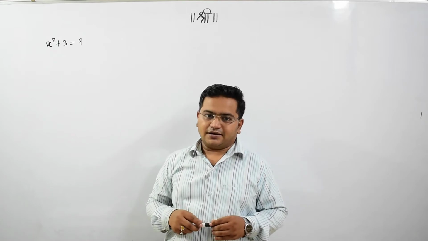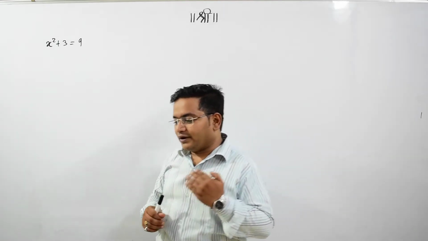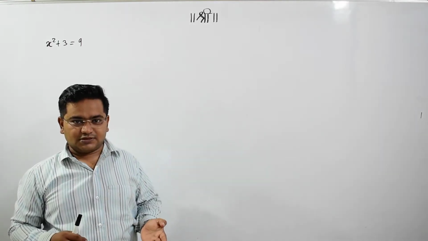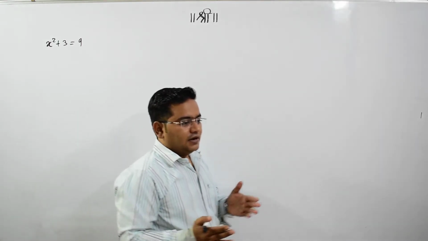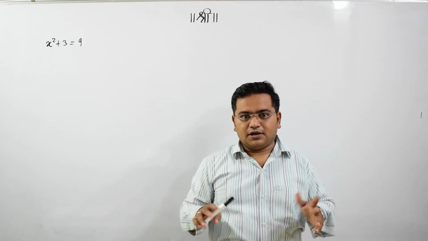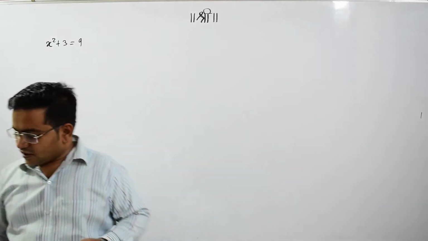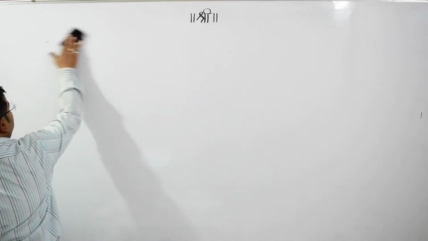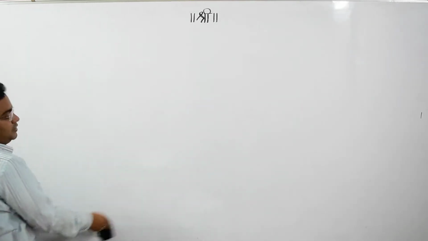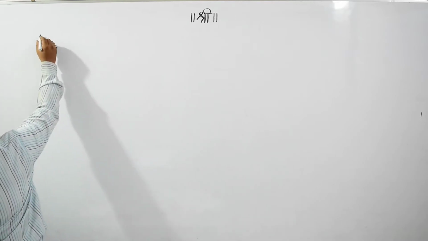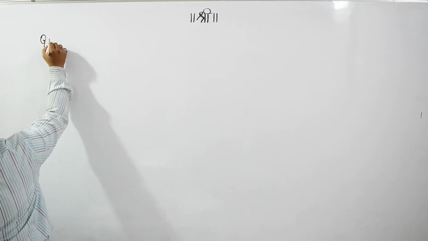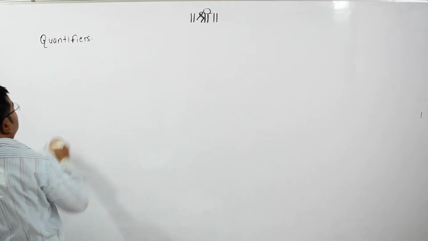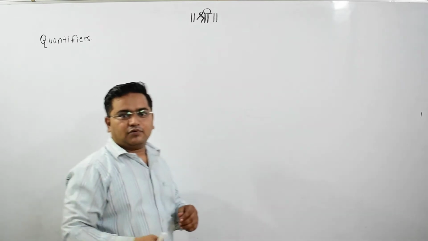This kind of example we studied earlier. Now what we need to do is quantify them: exactly how much that existence is there and how much we can take further within the given particular set. Now there are symbols of the quantifiers. So what is the symbol of a quantifier? Let me start to explain what we mean by quantifier. There are two types of quantifiers.